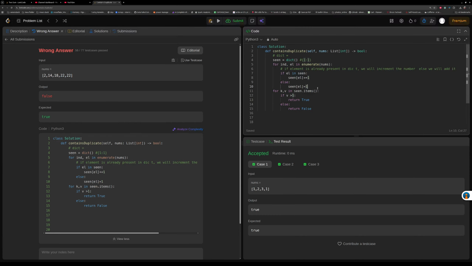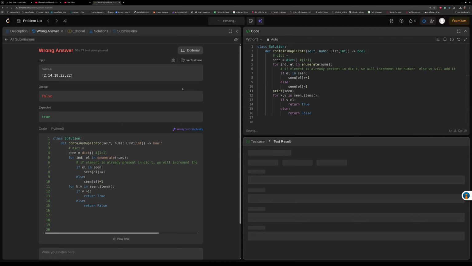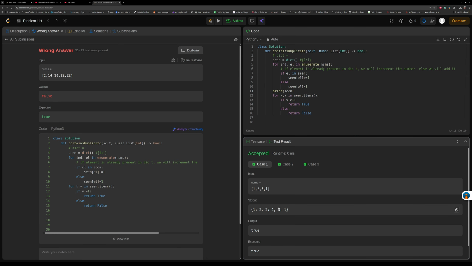So let me print seen. Let's see what is coming wrong here. Let me just look at it. Seen is 1, 2, 3. Okay, so look at this one. Look at this one, right? It's missing the